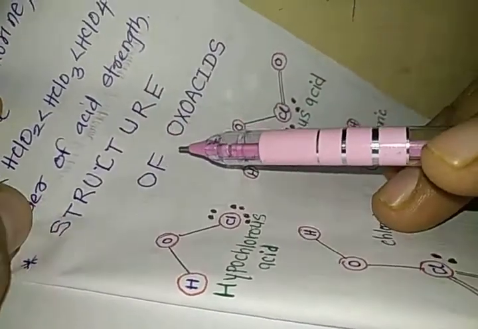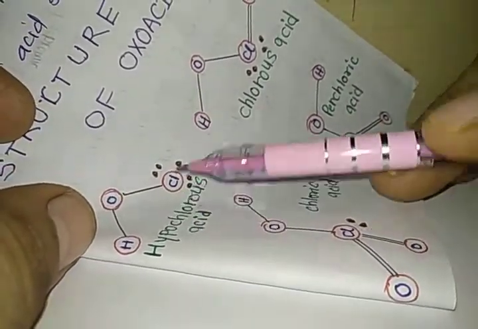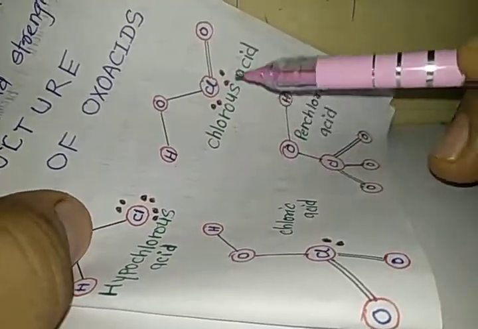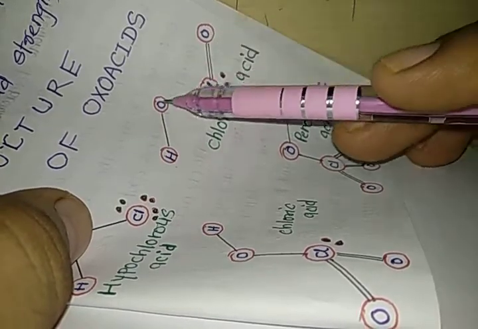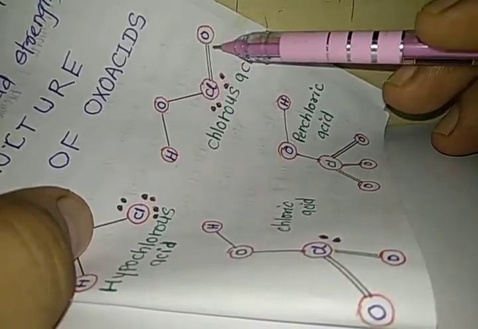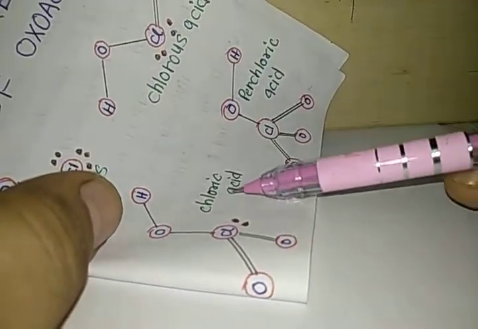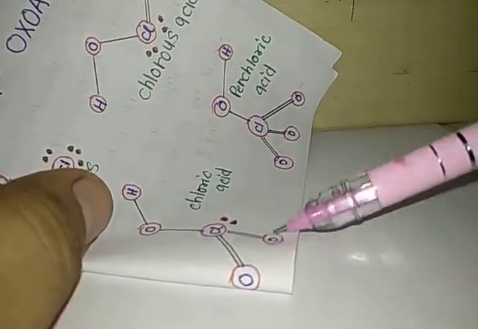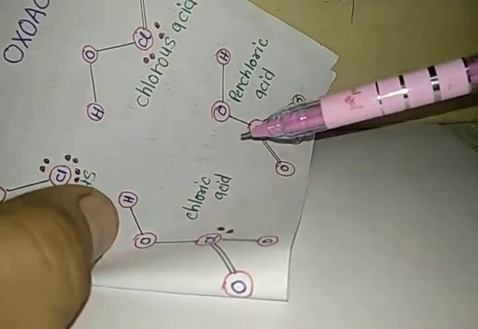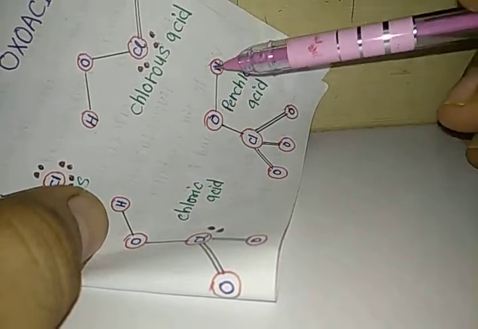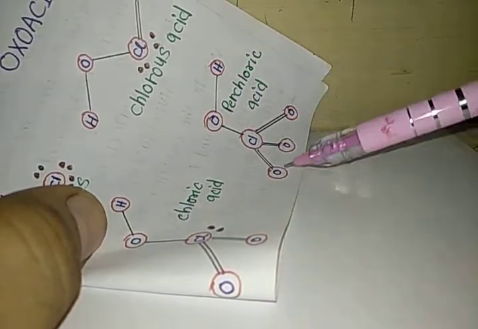Now we want to study the structure of the oxoacids. You can see the structure of hypochlorous acid, which is an angular structure. Then we have chlorous acid, HOClO. Cl and O have a double bond. If more than one oxygen is present, then all the oxygens will be bonded with double bonds. Chloric acid: OH, then Cl, and then two oxygens with double bonds and one lone pair. Here there will be two lone pairs. Here there will be three lone pairs. And perchloric acid: HO and Cl with three oxygens with double bonds. So this is how we can understand the structures.